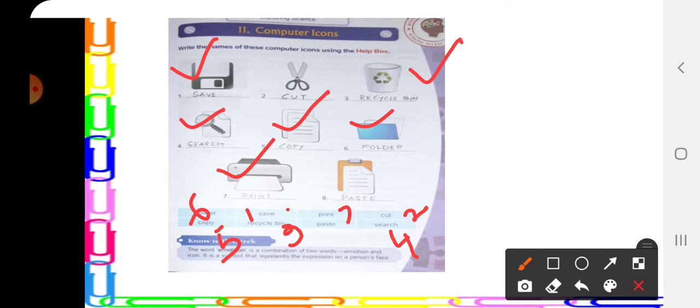And the last one you can see there is a picture of a cardboard and then there is a piece of paper which is also folded. So that time in number 5 I told you that there was a paper which was slightly folded, and here also the same paper is slightly folded. That means it is copying and pasting. So this one is paste. When it's a cardboard and only one paper been slightly folded, it is pasted. And when you see 2 papers, one is folded, that is copy. Okay, so this stands for paste. So this is your number 8. Okay children, so this way you are going to complete this page.